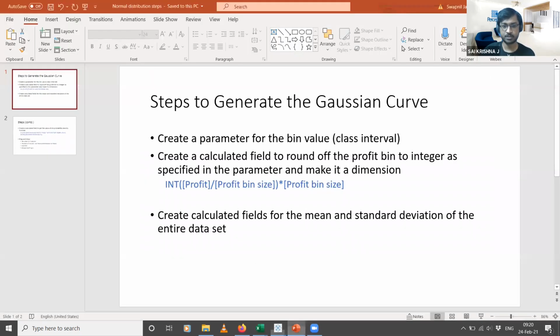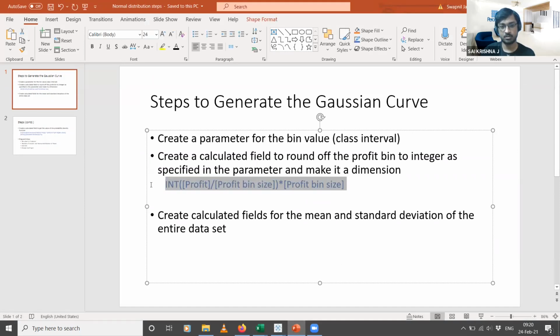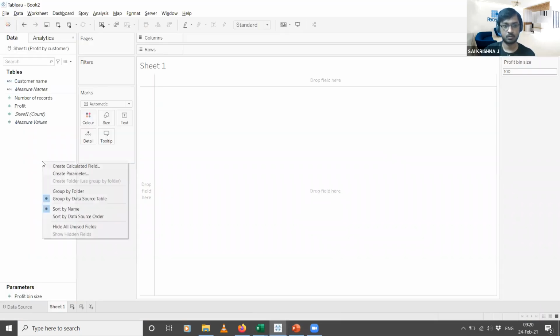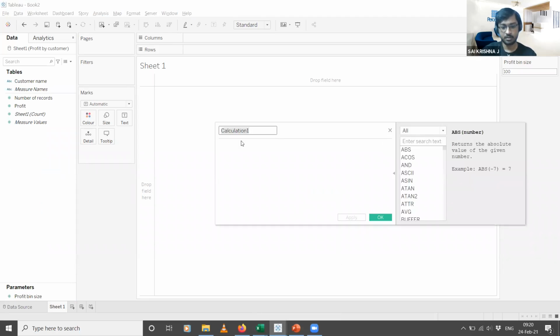For that I have specified a formula over here. Just copy paste this. I'll create a calculated field, and I will say bin value, and just paste this.